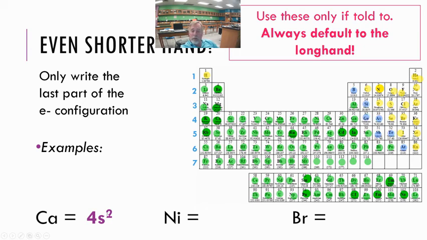So if we look at nickel, here's nickel, element 28. It's in the middle of our periodic table here. So where are we at here? We're in the 4th period, but we're in a D block. Remember, for our D blocks we have to subtract 1. So this is our 3d. How far in are we for nickel? 1, 2, 3, 4, 5, 6, 7, 8. So nickel, we can just simply say is 3d8. If we wanted to say, for example, copper would be 3d9, because it's got 1 more electron. So just that last little bit will uniquely identify every element for us.